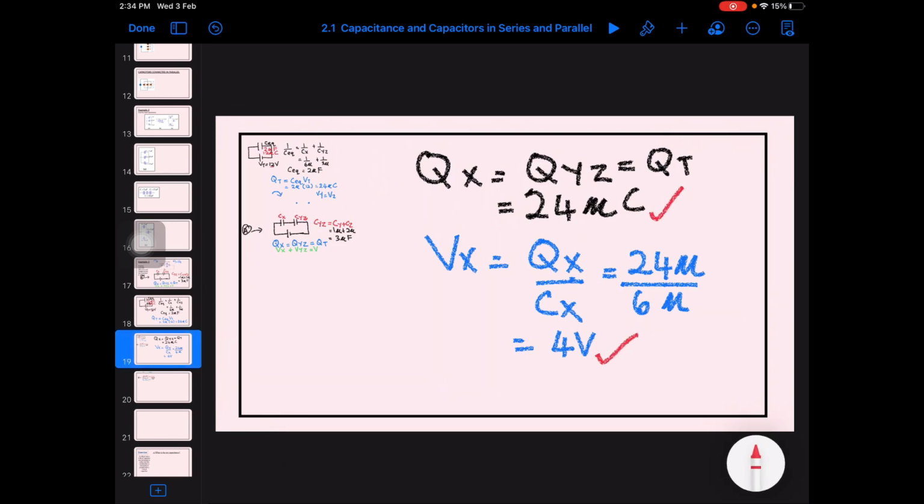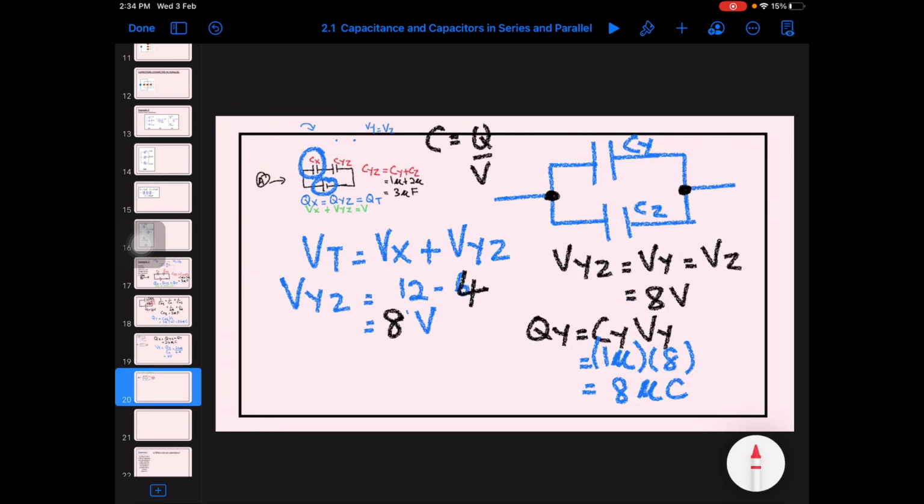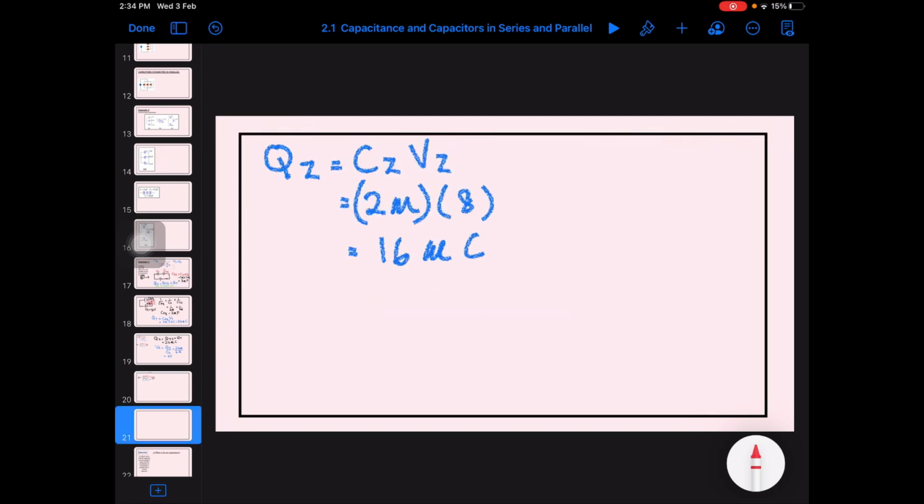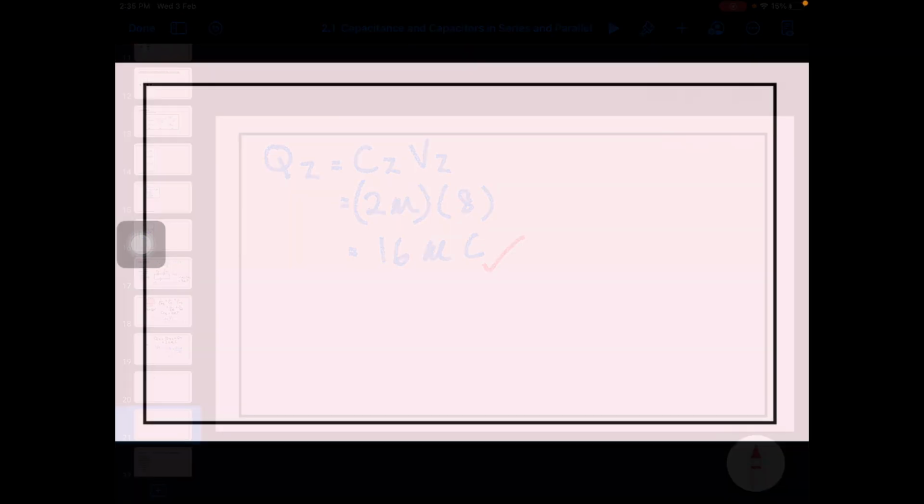Qx ada, Vx also ada, Qy ada, Vy ada, Vz ada, and lastly is QZ. So we have all the information about the X, Y and Z. Okay, that's all for X. Okay class,